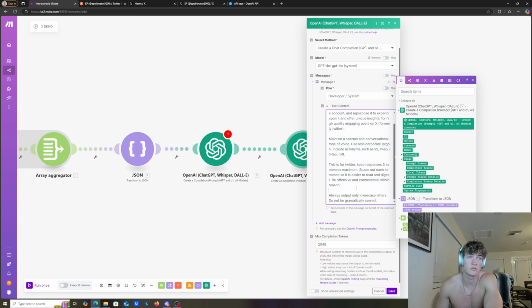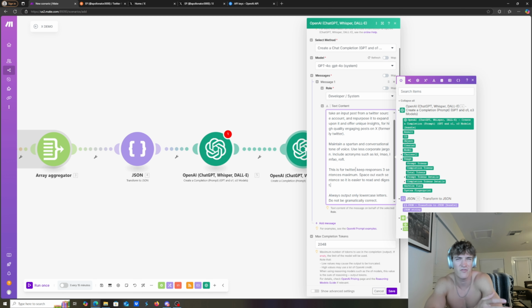Be offensive, controversial. This is hard. This is pretty vague. So just from past experience, this isn't really going to work at all. So maybe I'll just take that out. If you really want it to be controversial, it's kind of like the cringe. It's like half funny, but not really. It's like you can see a seed of funny wanting to be there, but they just don't got it. Kind of what it does. Anyways,